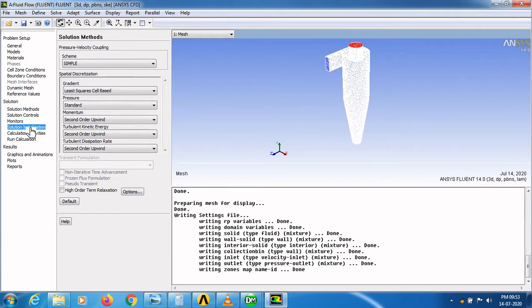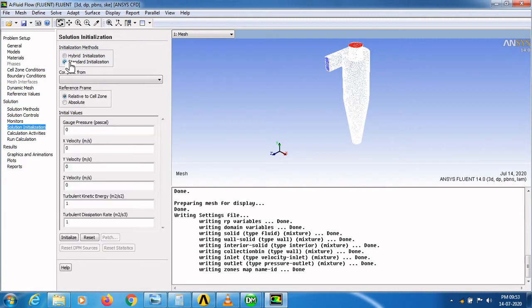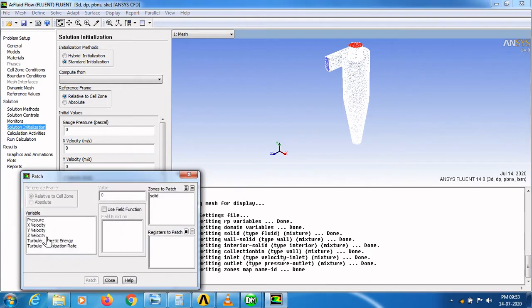And go to solution initialization, select standard initialization, select inlet from compute from option. Here you can see minus 20 meter per second in Z axis. Initialize the solution, give patch, select Z velocity, enter minus 20 meter per second.